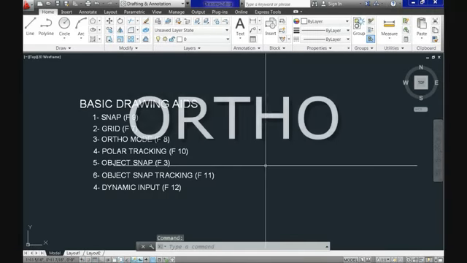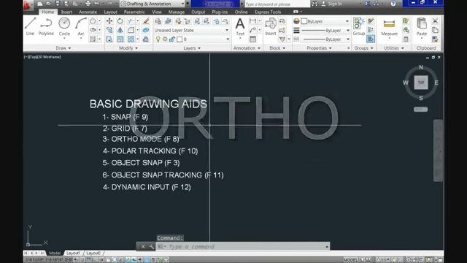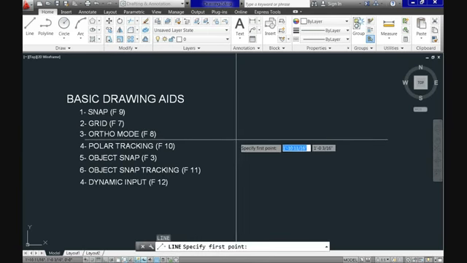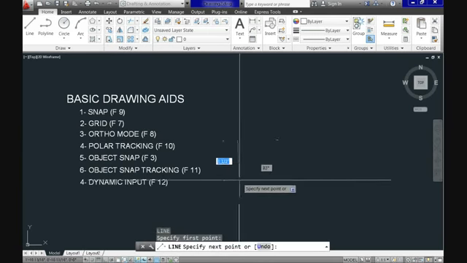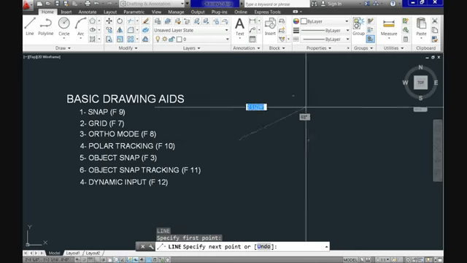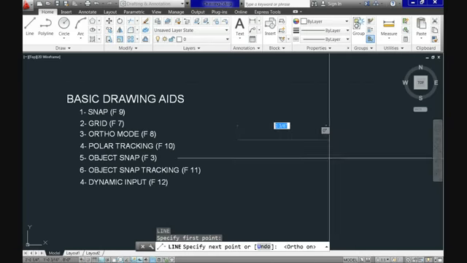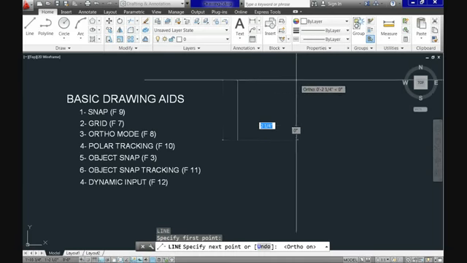Basically, ortho refers to a drawing mode where you can only draw vertically and horizontally. Let's see it in action with the line command. And you can see that my line can be positioned the way I want because ortho is off by default. But if I turn it on, see what happens. And you could do it with the F8 key. Now it enforces straight lines